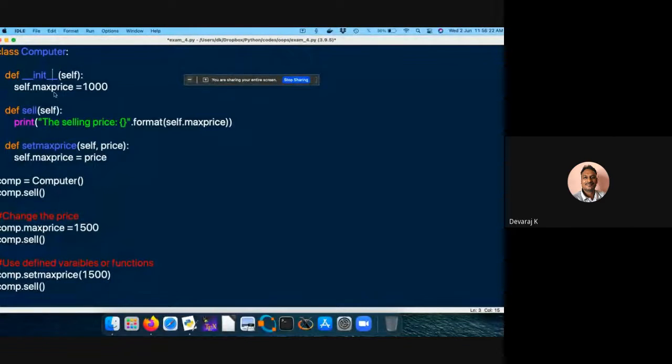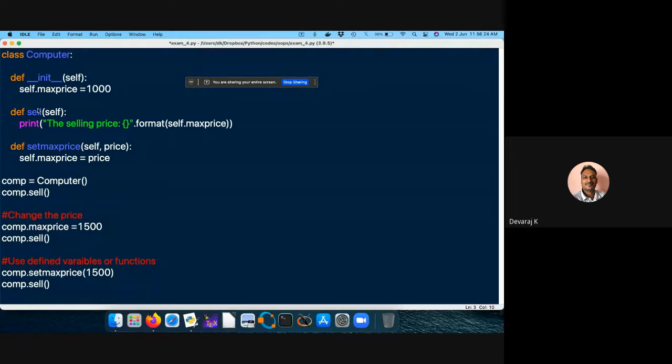A single underscore also should work. Maybe it was working in my Atom editor. It used to work easily. Whether it was taking by default or something. Here, what's happening, I don't know. Okay, fine. Most of the times single underscore will work.